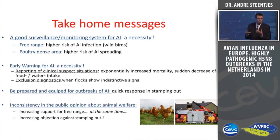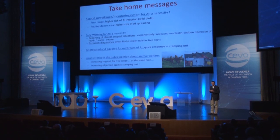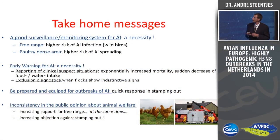Take-home messages: as I told you, we've learned from 2003. You need a good monitoring system, especially when you have free-range birds. An early warning: you can discuss when you have to warn. We have some limited factors like decreased food and water consumption and mortality. We've learned from it. Possibly we should change to a lower profile. It's also in the presentation of CVI, which is exposed in the exhibition. Be prepared and well equipped when there is an outbreak. And not the last and least important thing,